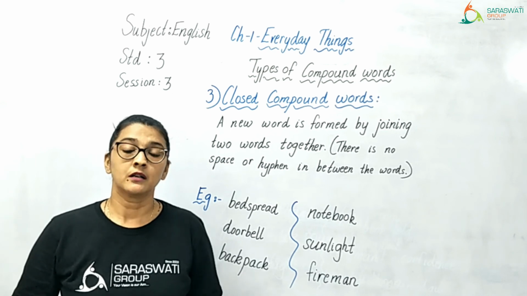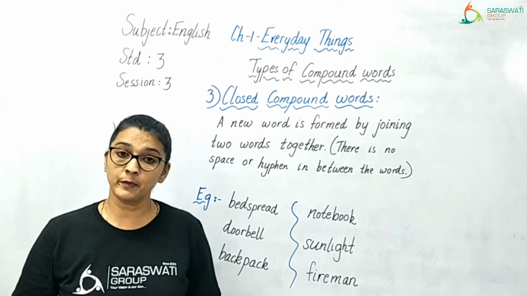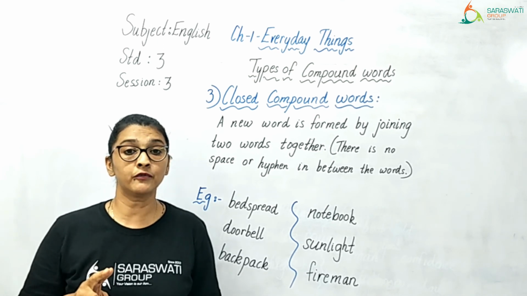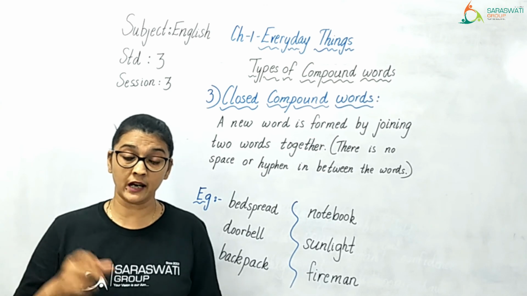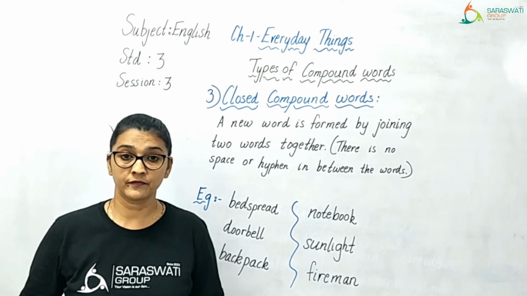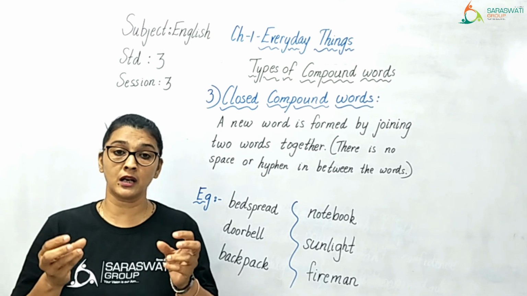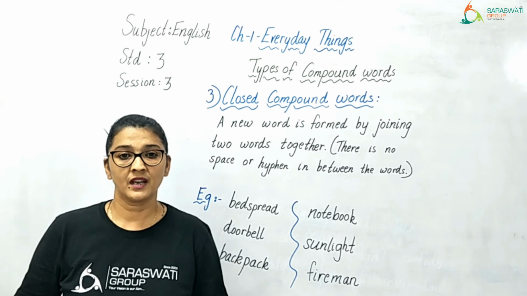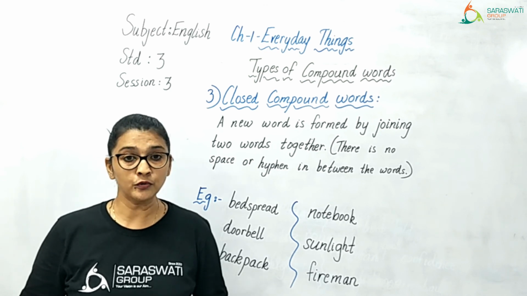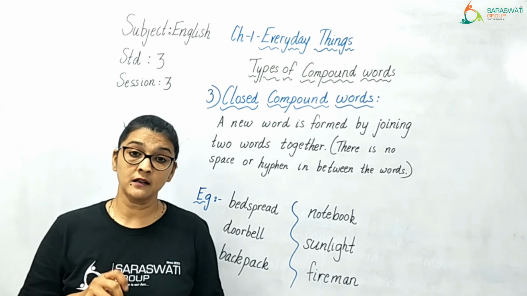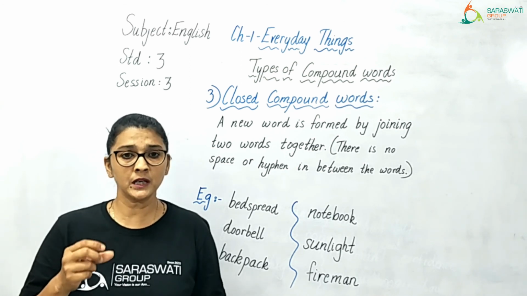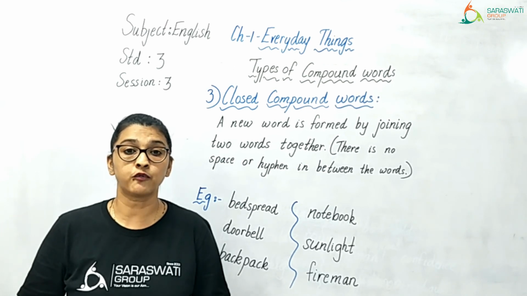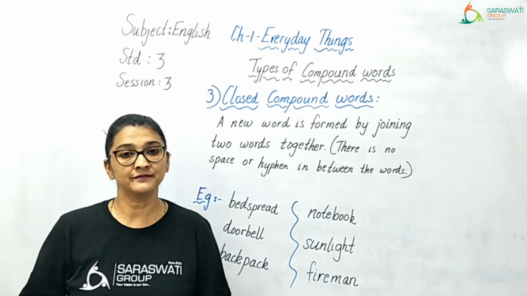Question number 1, in that pictures will be given and you will have to see the pictures and combine the words of the name of the pictures and form a compound word. You will have to combine the names of those two pictures and make a new compound word. In question number 2, you will have to find and write an appropriate word from the word box which is given below, and you will have to form a new compound word.